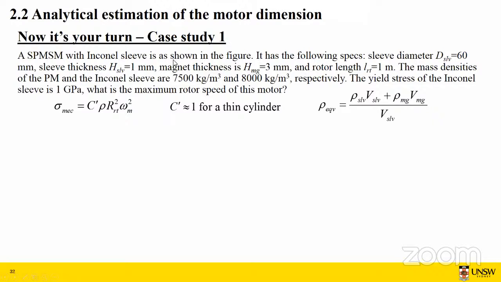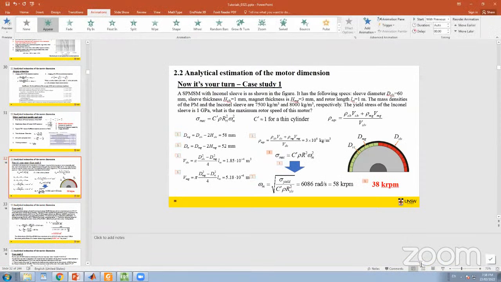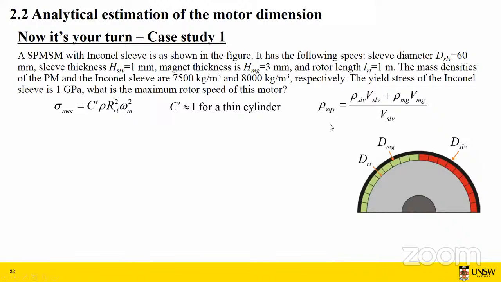Okay, so in this case study, we have a surface type PMSM machine with Inconel sleeve. I also hide the drawing. Let me delete this. Just pretend you have never seen the answers. So we have an SPMSM machine with Inconel sleeve, as shown, and it has the following